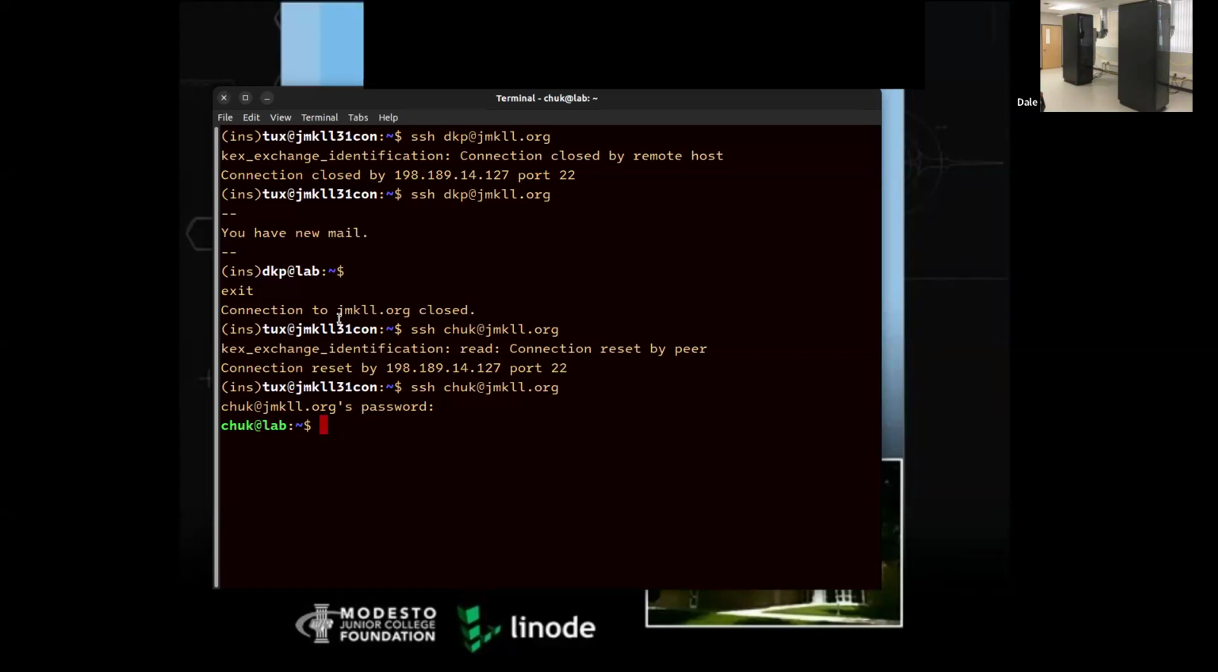Okay. And then the password is uppercase L, uppercase R, 2, 3, 1. Linux rocks. Okay. ROX. And once you're logged in,